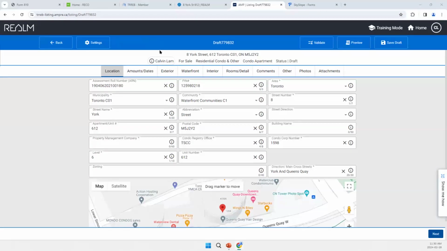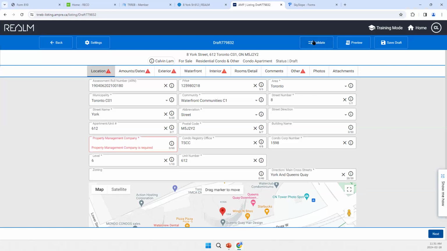Okay. Now you go through this. Firstly, you clone the listing. Once you clone the listing, you do validate. Validate will show you all the information that you need to fill in. What information do you need to fill in? Up-to-date information for this listing. Because you're cloning something from a previous listing, versus somebody else, right? Because somebody else did a listing, now the seller wants to sign the listing with you, because the other one is expiring